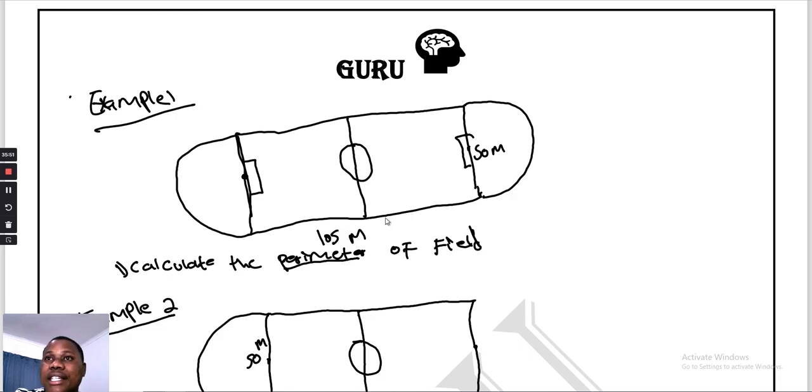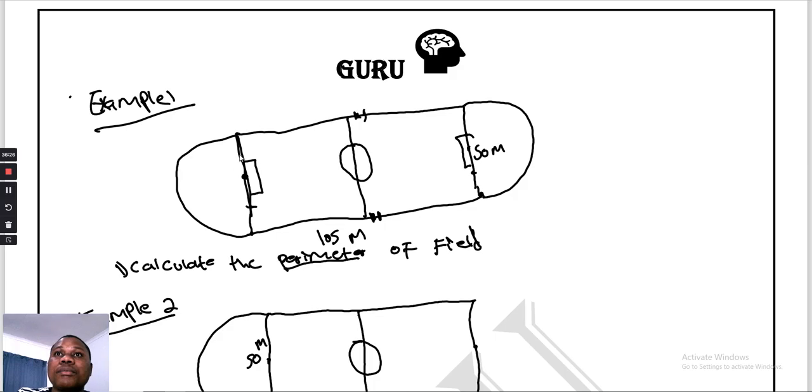Now we check. If we look here, we can see that the distance from this point to this point is 105, meaning that this is the length. You understand? If we zoom in, we can see a rectangle, meaning that this side is equal to this side, and this side is equal to this side. And then what else do we have? We have a semicircle. So if we want the distance around this shape,